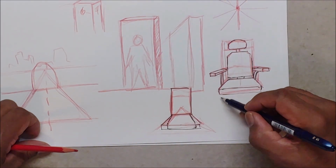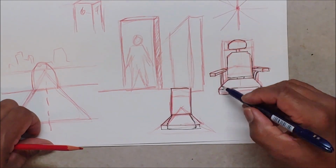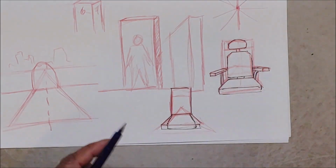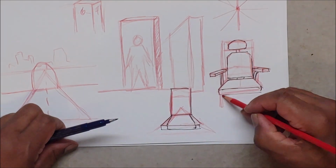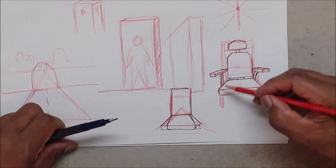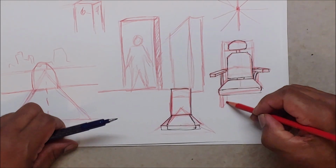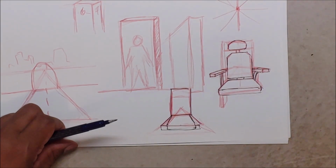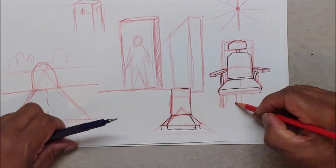It could have legs. It could have one center leg. It could be just anything. It could be side legs, a short leg. It could be like a house chair. And since it's from the front, you will see just the front, except if it's a long leg, then you'll start to see the side of it. Or you can have just a center leg here, maybe